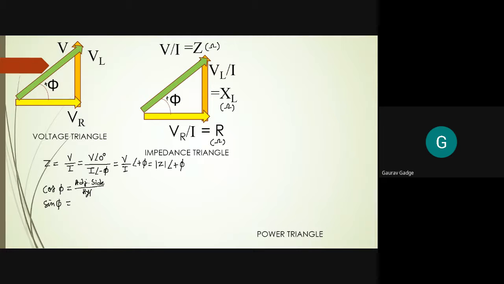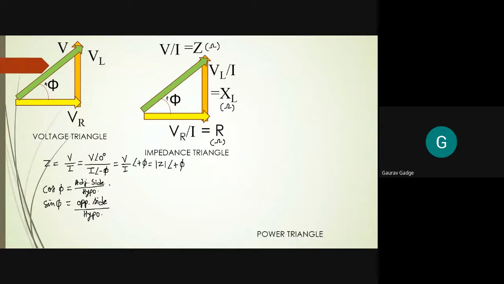What is sine of angle? When we have a Pythagorean triangle, we apply these trigonometric equations: cos, sin, tan, then cot, sec, cosec, etc. So what is sine? I know that you students know that, but you are busy with the lecture and therefore you don't remember. So sin phi is equal to opposite side upon hypotenuse.